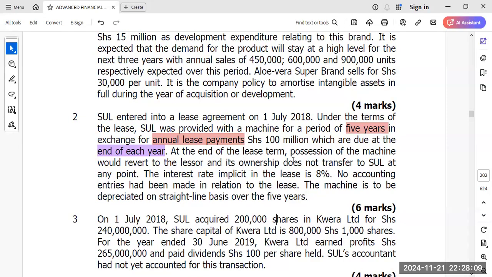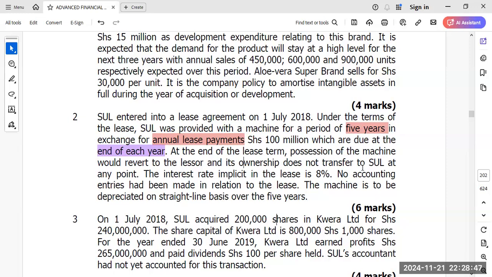No. Here we have no transfer of ownership. So it means that what are you going to use as you depreciate your asset? We are going to use the shorter. The shorter between the lease term and the useful life of an asset. And if you don't have the useful life of an asset, then still you consider